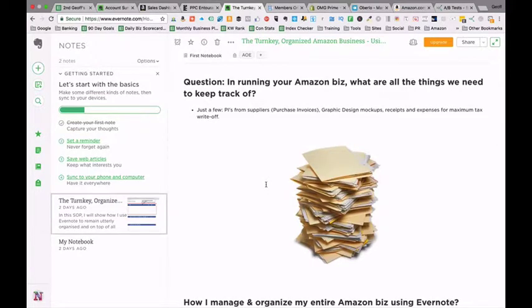In running Amazon Biz, what are all the things we need to keep track of? Some of the things that I use Evernote for are purchase invoices from suppliers, which you can store in Evernote. When I get any graphic design mock-ups done, I can tag those. Tagging is something I'll show you about, which makes it really easy to find things later. You can store all your receipts and expenses. You want to make sure you can get maximum tax write-offs, so I actually tag everything for my BAS. I tag everything with months and years,